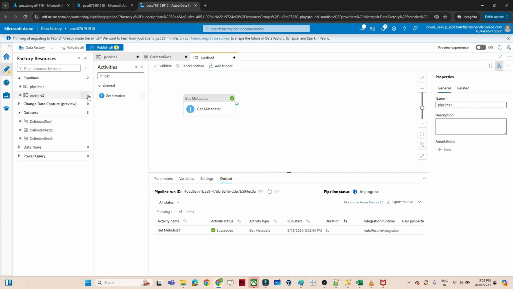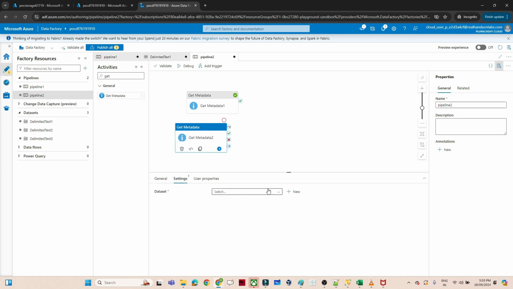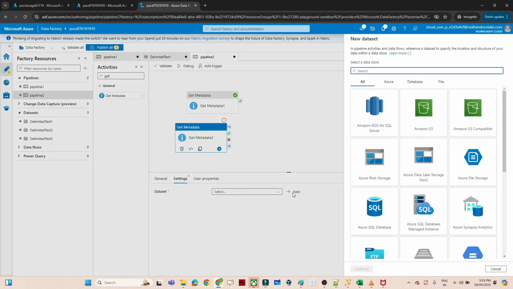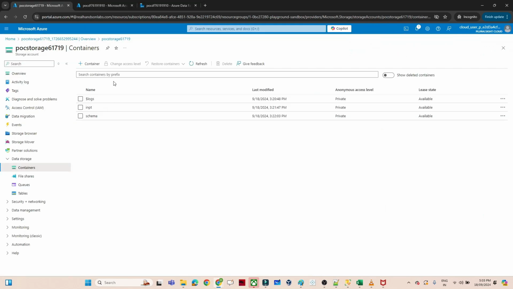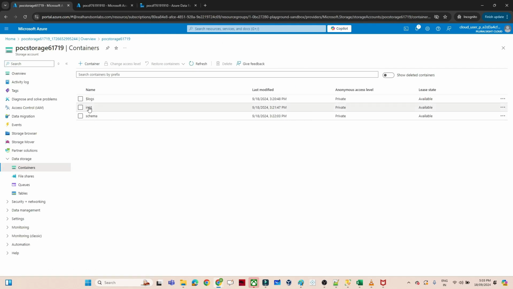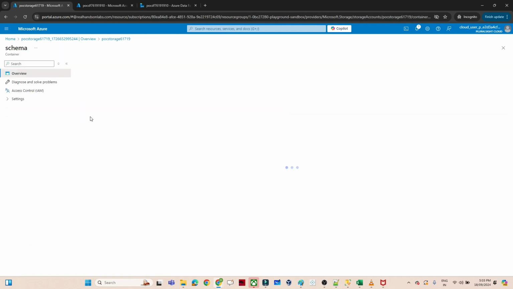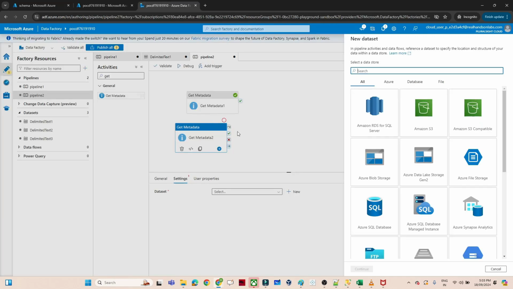Now what I will do, I'll use one more get metadata activity. This get metadata activity will represent the schema which I have already defined. The first get metadata is reading a file from this input container, whenever a new file is coming. The schema is what I already defined, so that I also want to read. So for that what I will use,